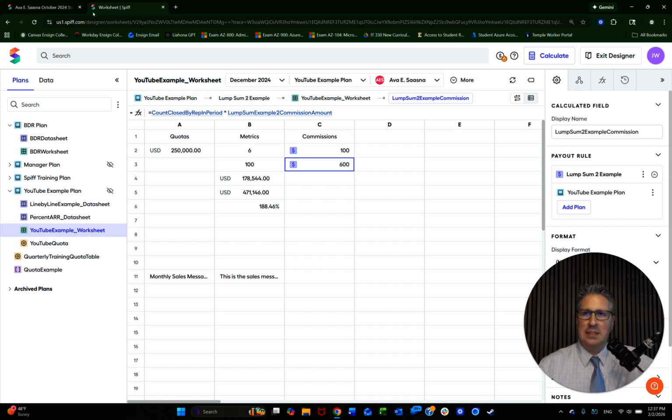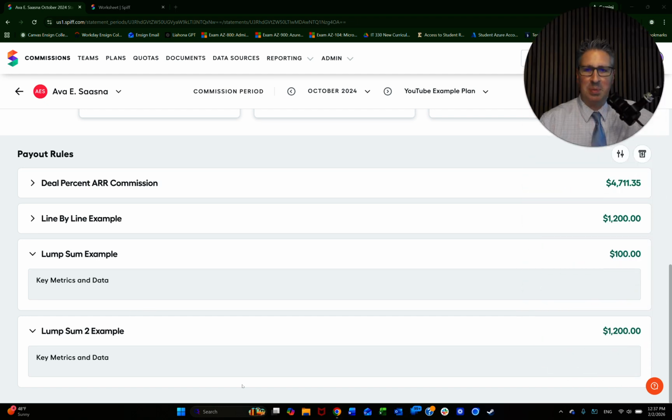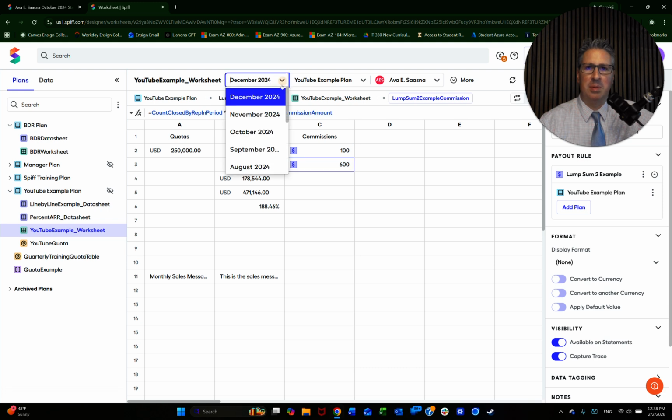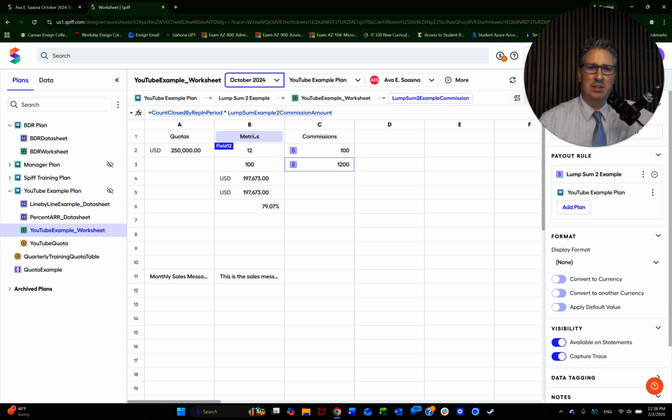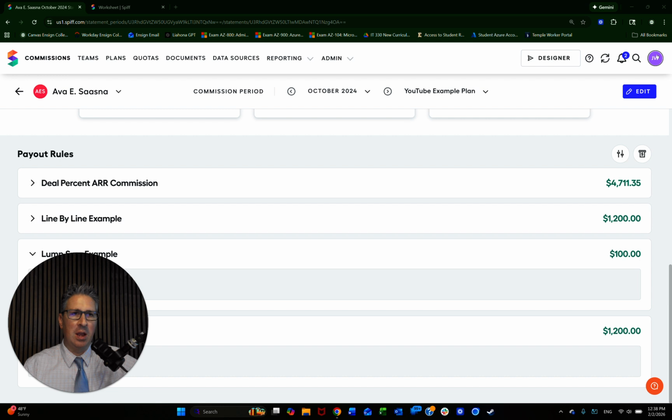So let's say that now, okay, I've got my lump sum 2 example, and all I get is this $1,200. Let's match this up so that I'm looking at the right number. So I'm switching this to October. So we've got $1,200, but I want some more information on there. It would actually be nice, since they know the count, to maybe add the details of the deals that they actually closed. So let's go ahead and do that. We can click